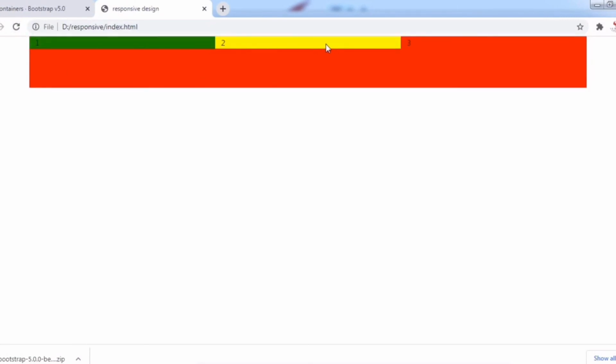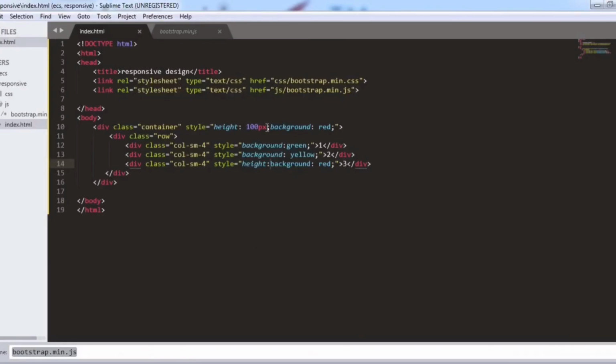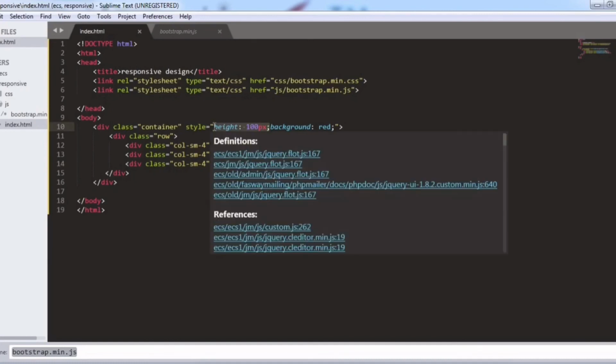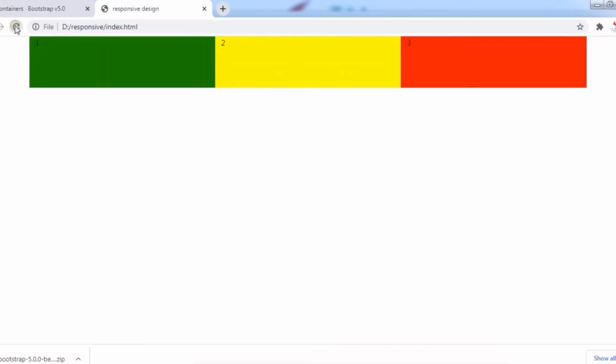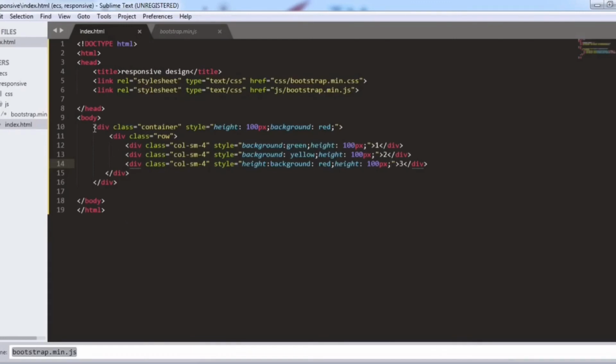So we will remove the height from here because the main div height has been defined. So we can see that the three rows are colored in the different manner which we have given and the main div is in red color. So the height we are mentioning here so that it could be different from the main div. We will save the file, go to the browser, refresh your page and we can see the three rows are in different colors as we have set here.